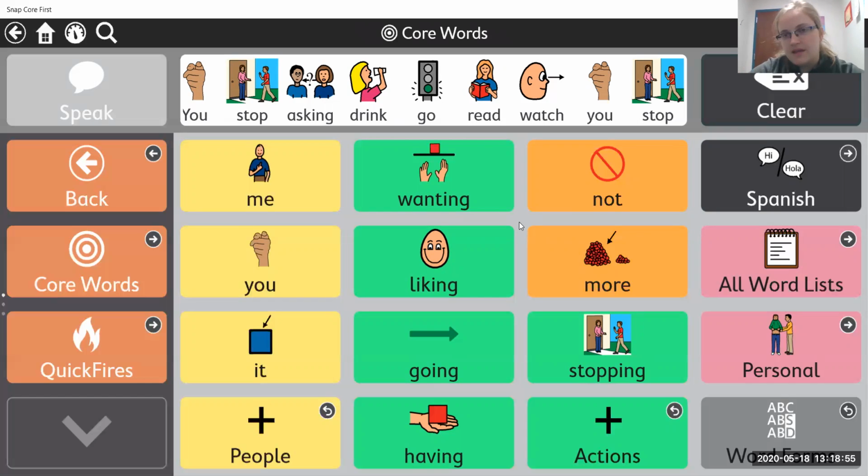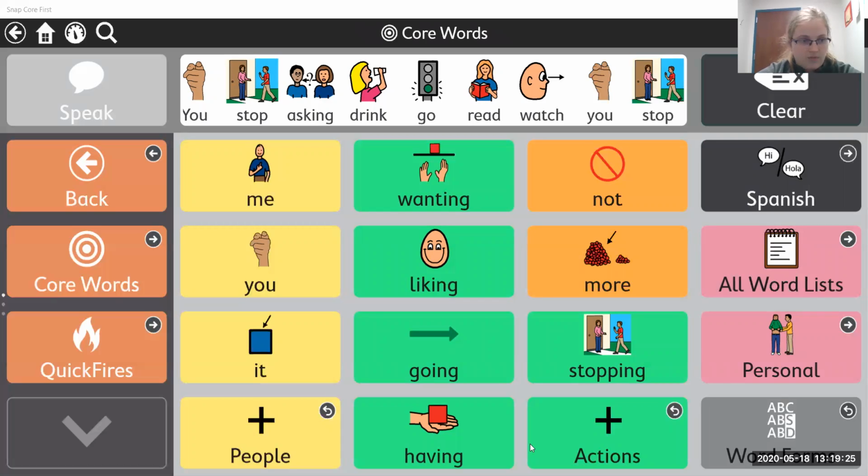Even if you just name something that's happening, like something you're eating that's bothering you, you can say eat and then stop. Or eat, and then name the kind of food you don't like, and then stop. So there's a lot of ways that you can protest and make something stop.